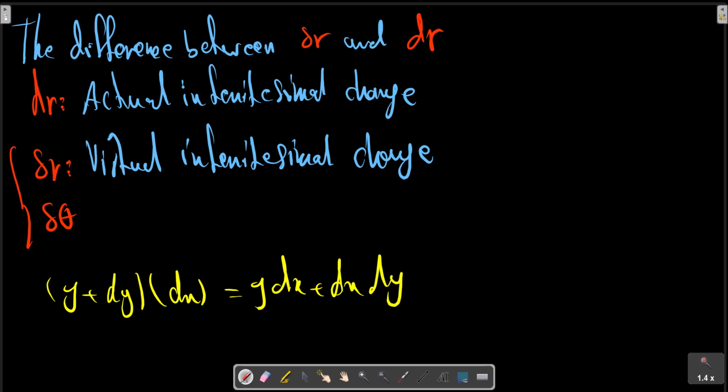In our calculation, we eliminate higher order infinitesimal multiplication. The next section is equilibrium. According to this chapter,